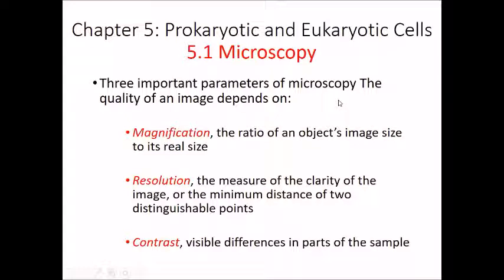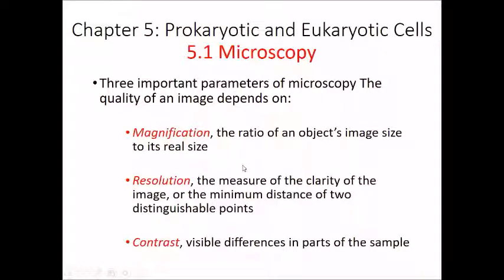So there are three important parameters in microscopy that give the image a certain quality. It depends on the magnification. As I mentioned earlier, magnification is the ratio of the image size to its real size. Maksudnya berapa kali, how to say, kita nampak kat spesimen tu kan, spesimen tu bigger than its real size, so we magnify, kita membesarkan lagi dia